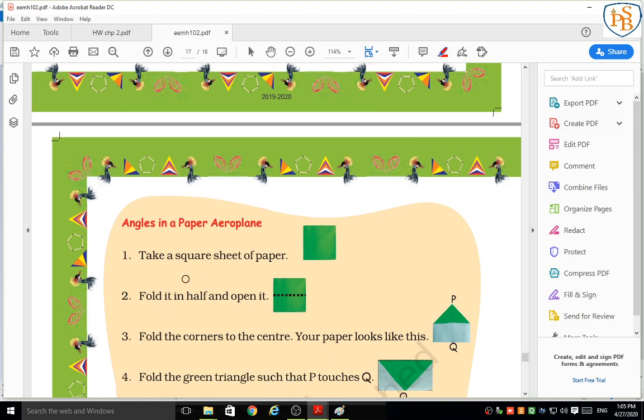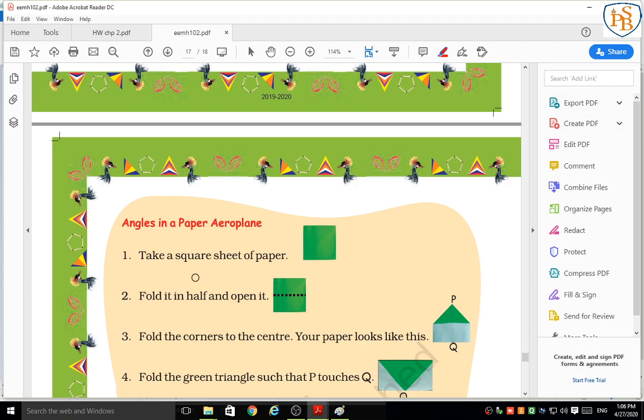Now next activity. So do you like aeroplanes, students? Yes, but does everyone know how to make an aeroplane using paper? Very good. Some students know, but some students don't know. Don't worry. We will learn here how to make an aeroplane using paper. So students, you have to do it. But don't play with the aeroplane in your class, okay? Or in your home, don't disturb others. I just want to teach you how to make an aeroplane using paper. I know you will make it fast, immediately, and then you will play.